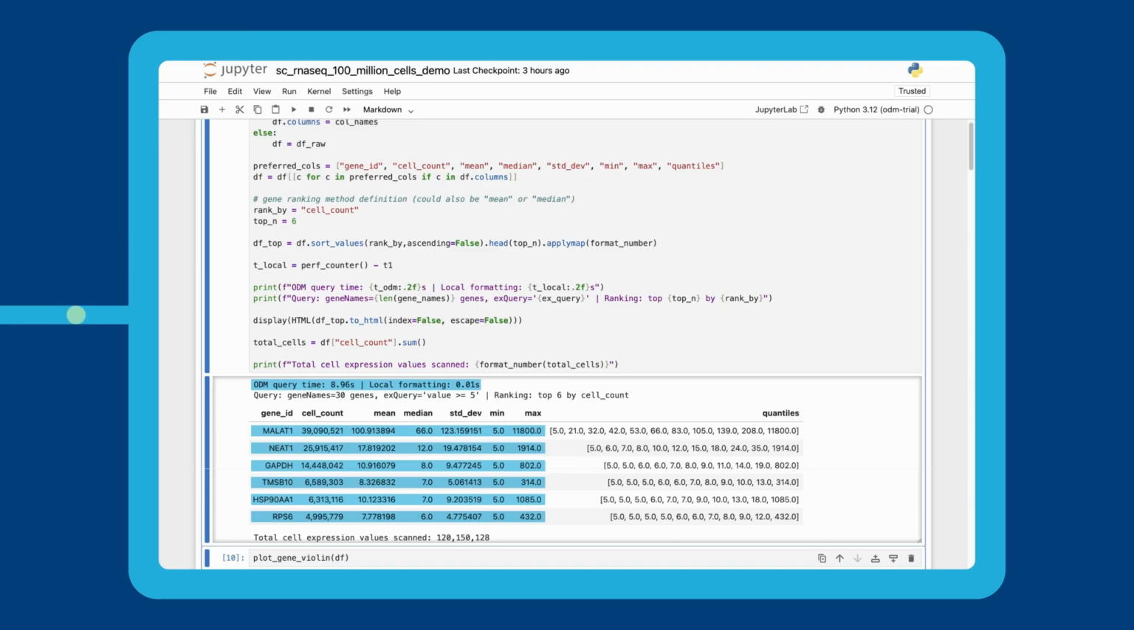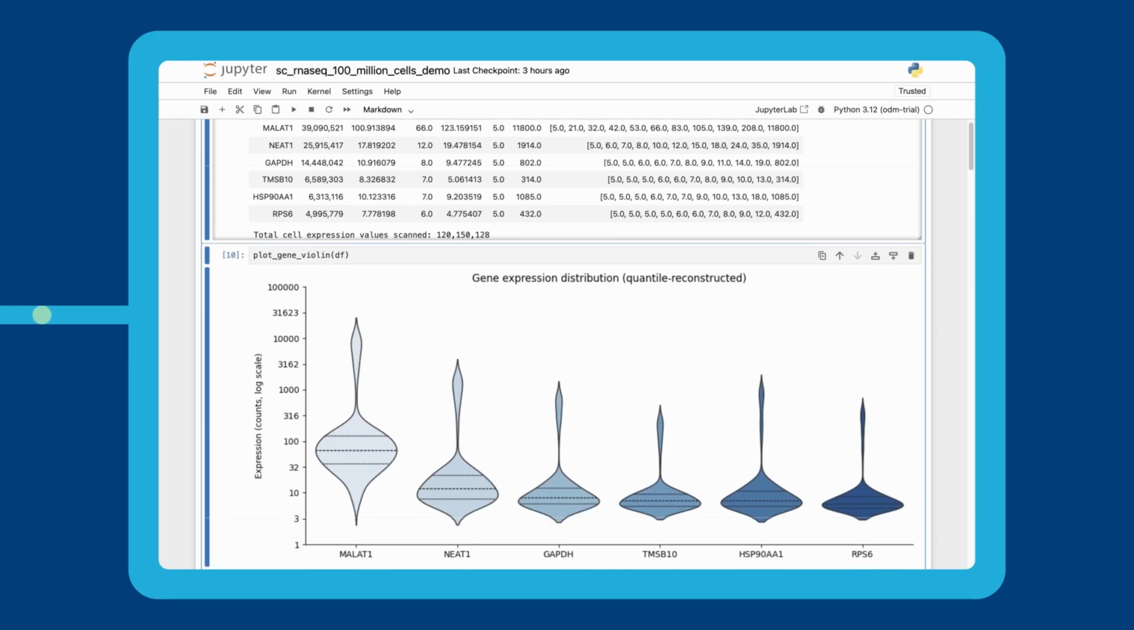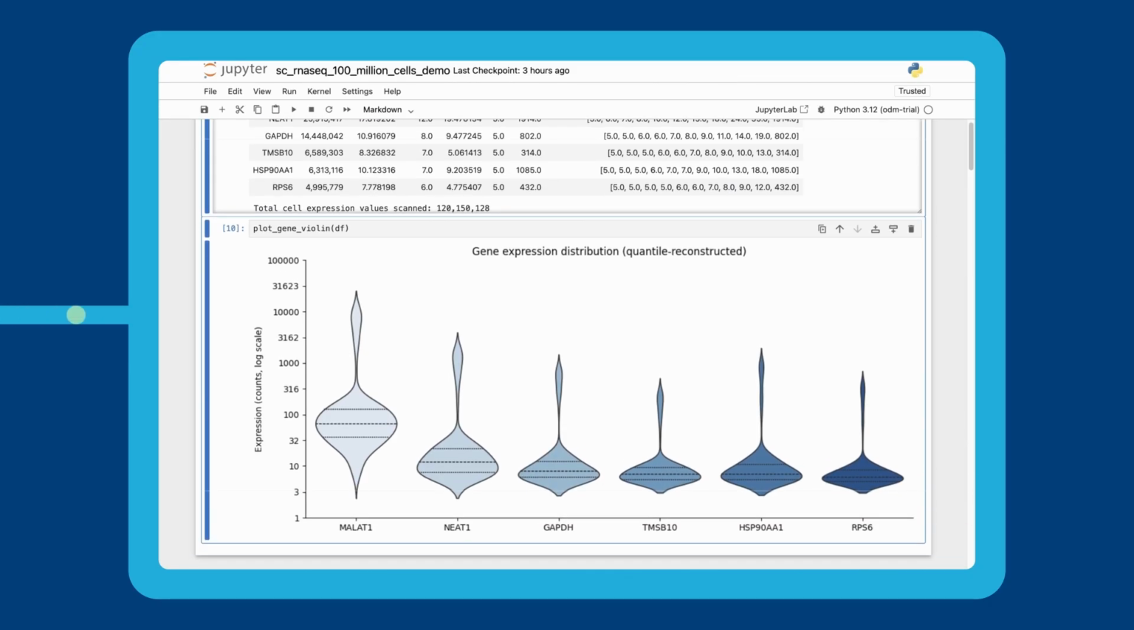Those statistics are enough to drive visualization directly in the notebook. Here we see a violin plot of expression distribution across the panel. Nothing has been copied to the analyst's machine. ODM scans large-scale single-cell data across all available experiments, and researchers explore millions of cells interactively through the API where